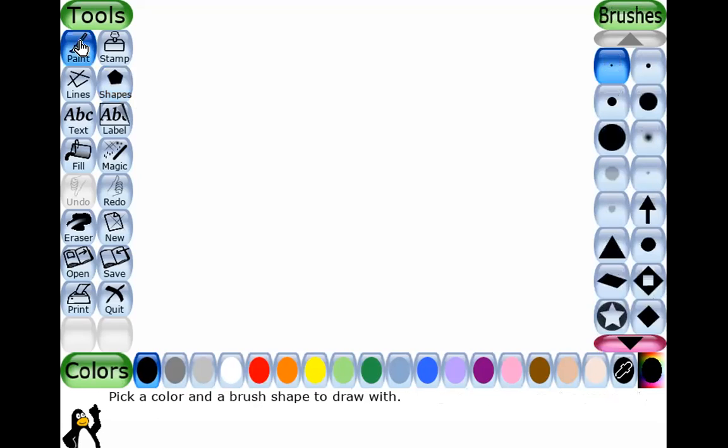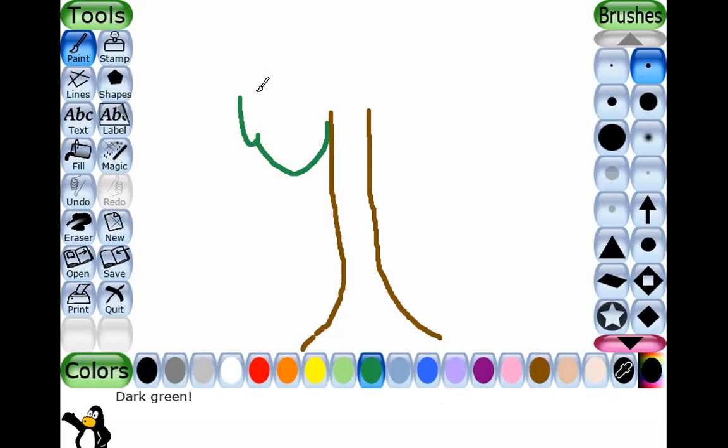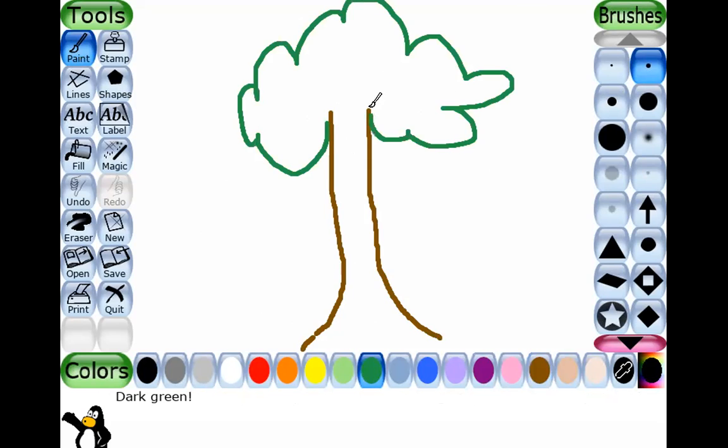By clicking on the paint tool, we can also select the color and the brush size. Then we can draw anything here. It's a way of free drawing, freehand drawing.